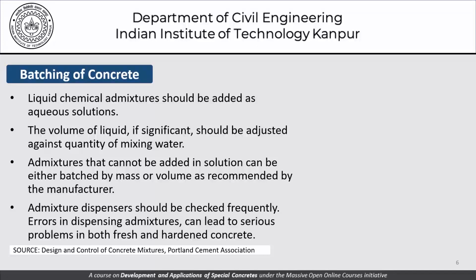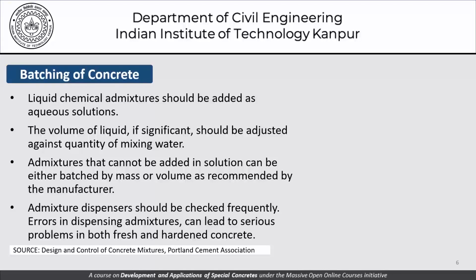One must remember that as far as batching is concerned, especially for chemical admixtures, and if they are being batched separately, there could be problems in the dispensing nozzle. And if that happens, there has to be a check, not only in terms of what is being fed into the mixer, but also what is remaining in the bottles. Because if something remains in the bottles, it will not get known until a large amount of concrete has been mixed. So these are things which, as an operator, we should have the necessary checks and balances in place to make sure that there is no problem as far as the dispensation of liquid admixtures is concerned,